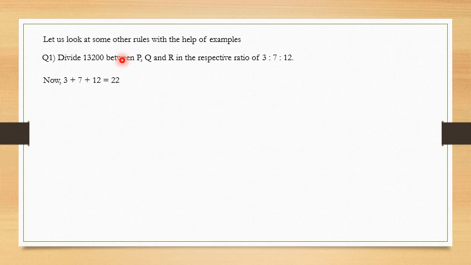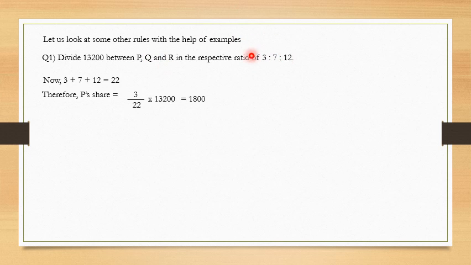Now, whenever we have to divide in a particular ratio, we always add the three elements of the ratio. So I have added 3 plus 7 plus 12, which comes out to be 22. P's share, because this is a respective ratio, that means P's share is 3, Q's share is 7, and R's